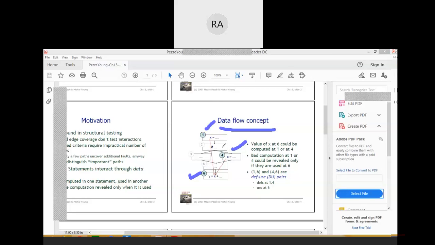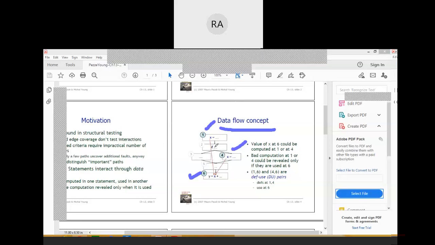And at node number 6, I am making use of the value of variable x. But will you be able to differentiate which value is being used? Yes, I can differentiate only based on the value which will be computed at this particular node,